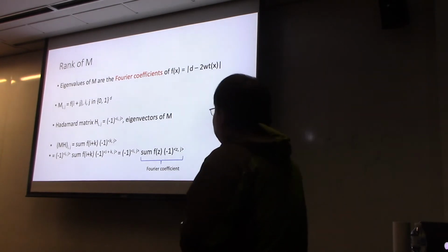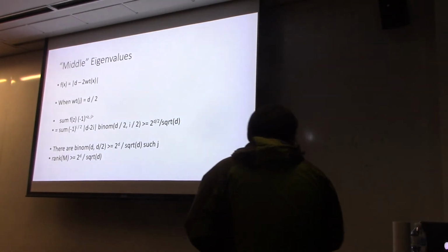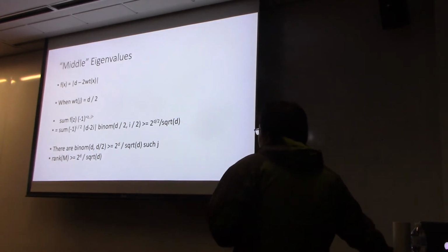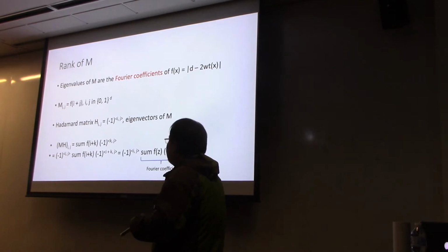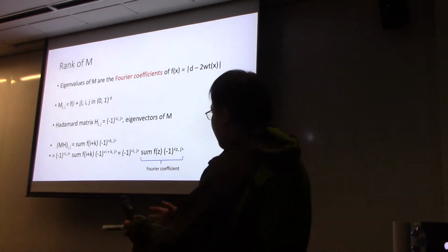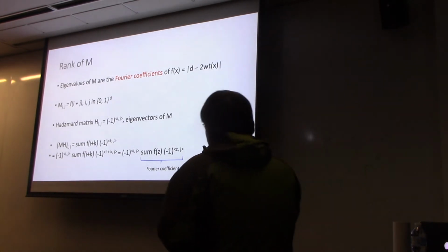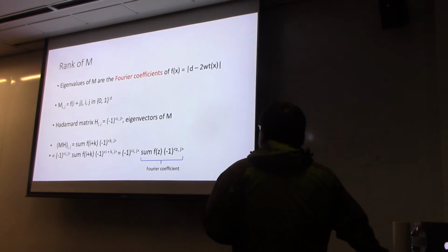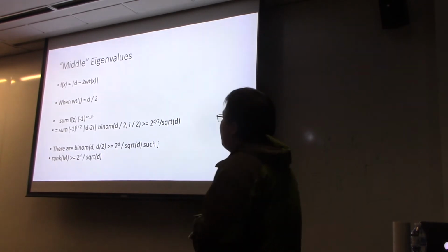Okay, so as just mentioned, if we set J here to be all vectors with Hamming weight exactly d over 2, so basically half of the entries are 0 and half of the entries are 1s. Because of the symmetry, we know that all these eigenvalues are the same. And if we can show that they are actually non-zero, then we can prove a lower bound on the rank,